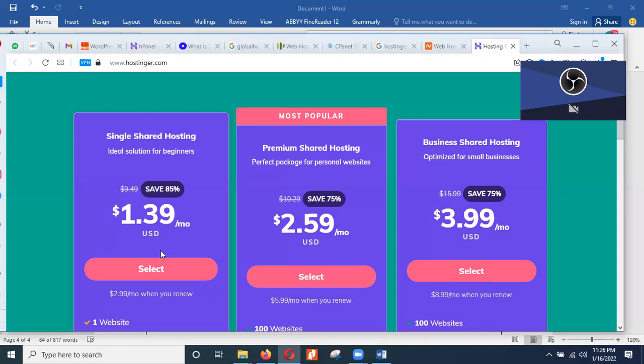SmartWeb, I have once hosted a website on SmartWeb. The website was so slow that I had to abandon the hosting and buy another hosting. That was five years ago. For quite some time I have not been using their hosting plan, so I cannot tell exactly, but I'm talking from my previous experience: their hosting was not that smart.